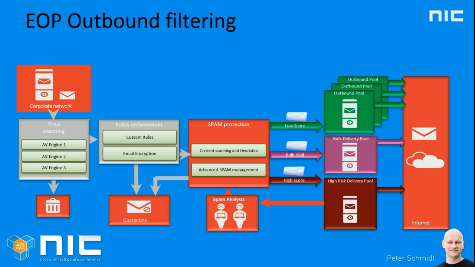And we could also have the case that the mail was marked as a high-risk mail, and then Microsoft will route that mail out of the system to a high-risk pool. And then mails going out of the high-risk pool will automatically be transferred back to Microsoft, so the spam analysts can analyze what's going out of the system. One of the reasons they are using these different pools is to secure mail delivery.